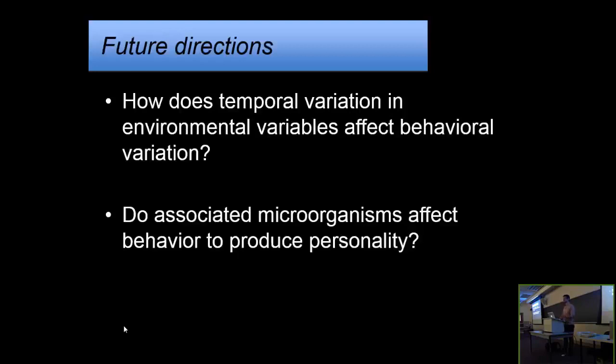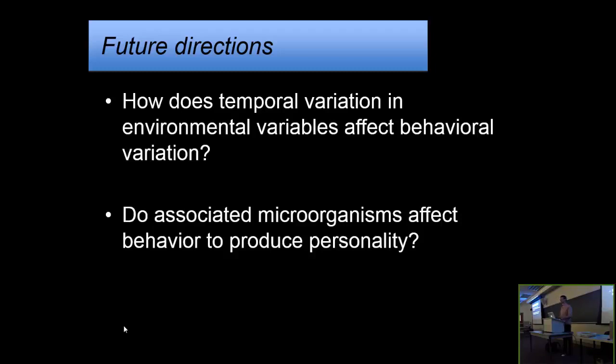And so some of my future directions will be digging into that a little bit more to ask, as I mentioned, how temporal variation in environmental variables might affect behavioral variation. This idea that it might not be a response just to what the environment is at that time, but rather the day before, 2 days before, a week before, and to try to get a handle on statistically assessing that variation, which may account for some of the between individual differences that we see in both squirrels and ants.